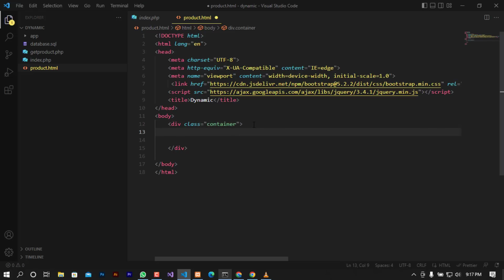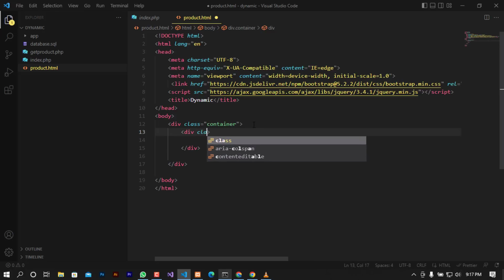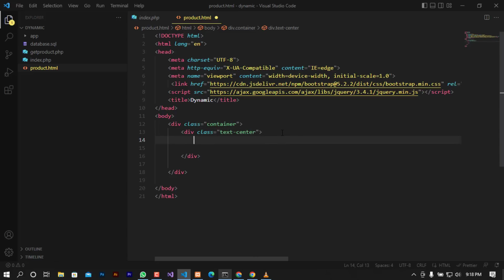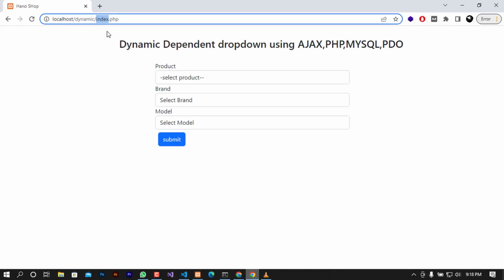And after this, I will have another div that will contain the title, and I'm going to give it a class of text-center. All right, and inside here I can put my h4, and I can say Dependent Dropdown using Ajax. I'm going to keep it simple like this one, and once I hit save and I come to my file and I change to